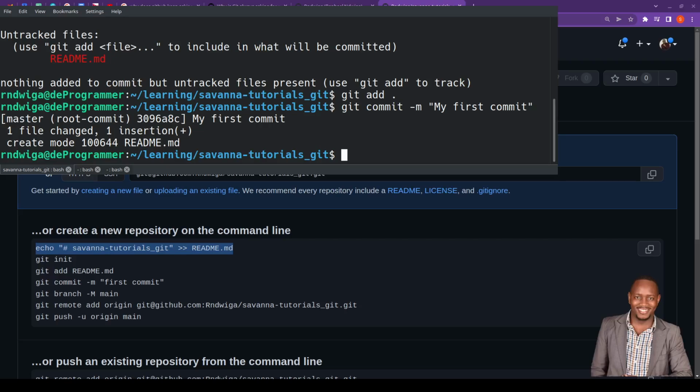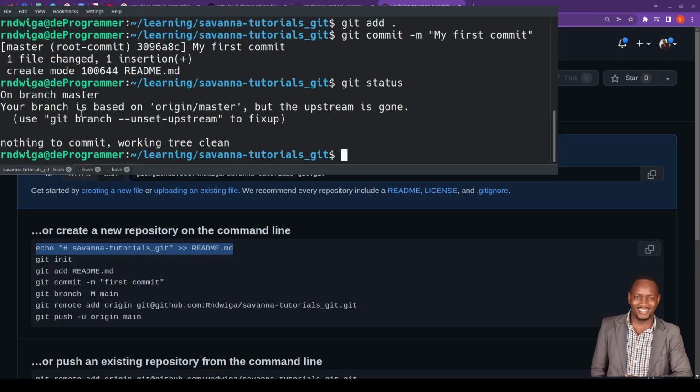Now if I do git status, it will tell me that your branch is based on origin master, but the upstream is gone. Okay, so we'll fix this. What I can do here is either issue this command, or I can just go directly and issue the command git push. Git push means push the changes on your local Git repo to the upstream. So if I hit enter,